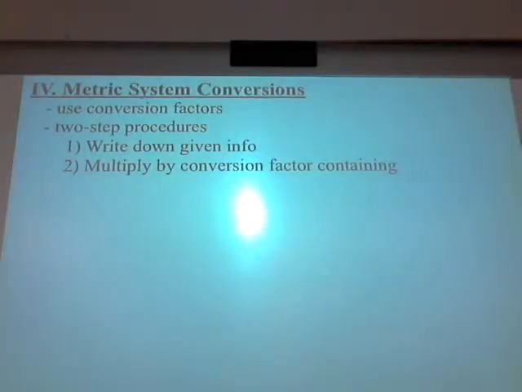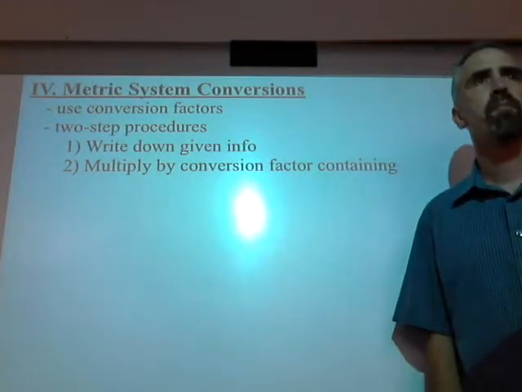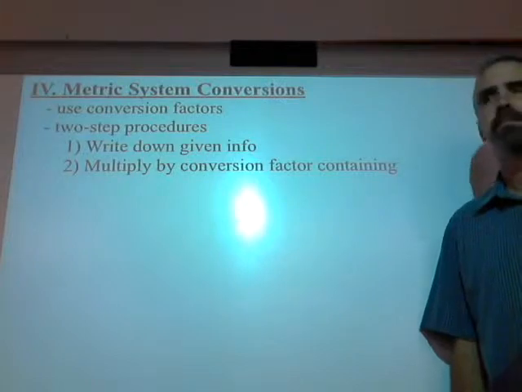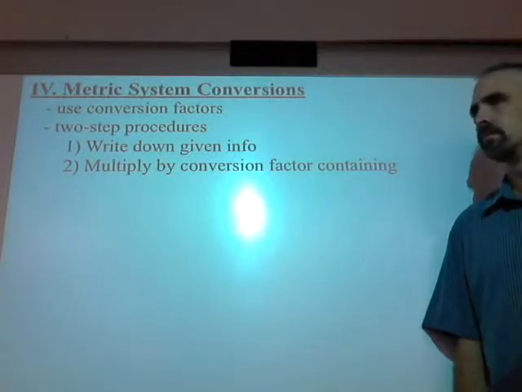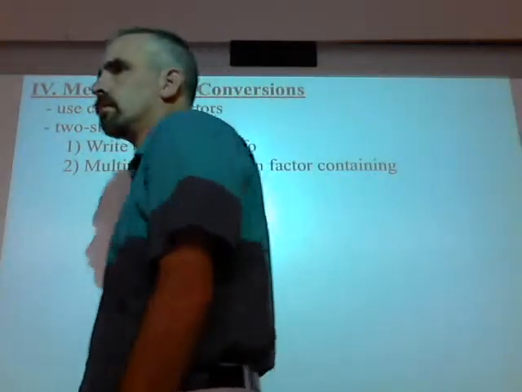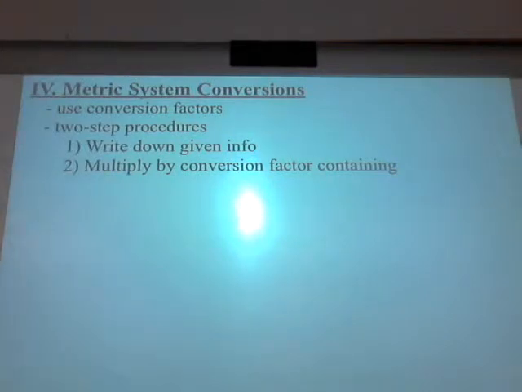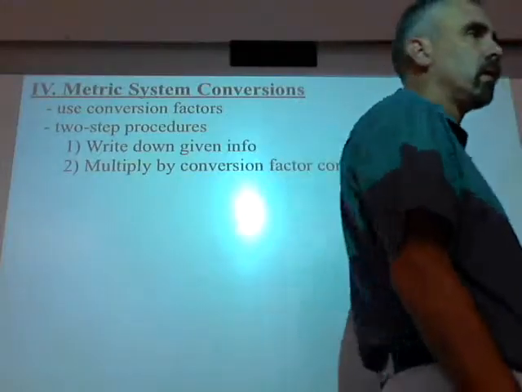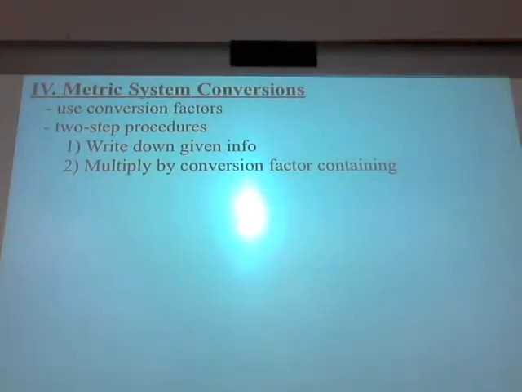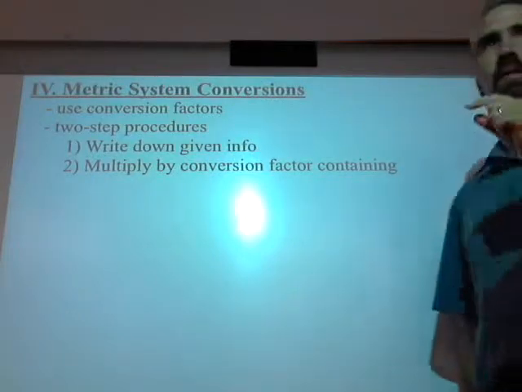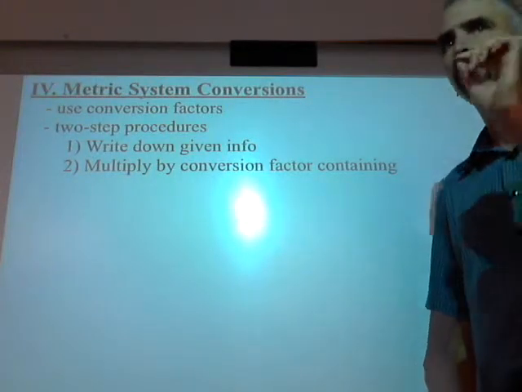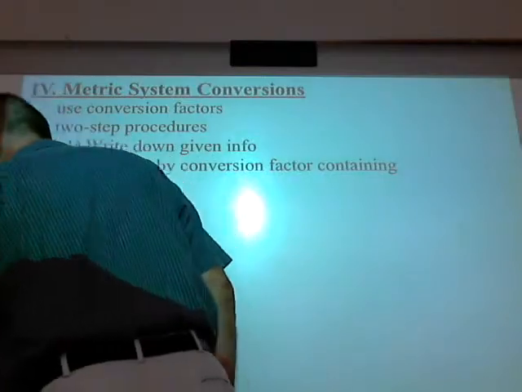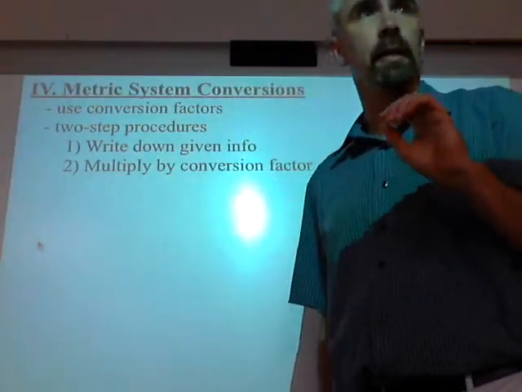But that conversion factor contains 2 parts. You don't know what that conversion factor is, so let me explain what it is. It contains 2 parts. Every conversion factor is a fraction, basically. Every conversion factor is going to be a fraction. It's going to have a numerator and it's going to have a denominator. And in the end, all you're doing in a conversion factor, people, is multiplying by 1.